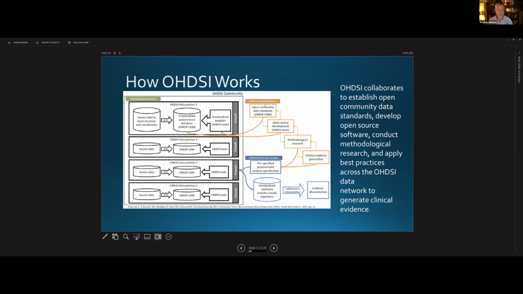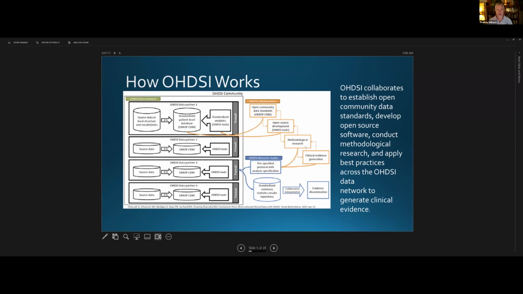The community has developed these standards. So over on the right, outside that gray box, you'll see what the Odyssey collaborators are doing. They're developing these standards that are being used very widely. They're also developing tools that assume the data are in those schema and using those standard vocabulary representations. They do a lot of methodological research, comparing various different ways to do everything from prediction to effect estimation and characterization. And those methods are implemented in the tools that are applied to the standardized data.